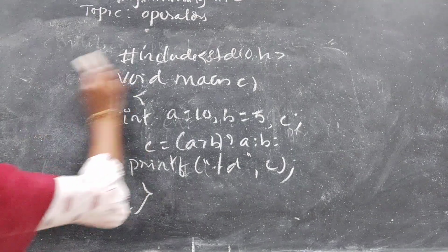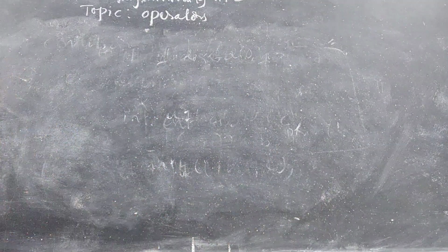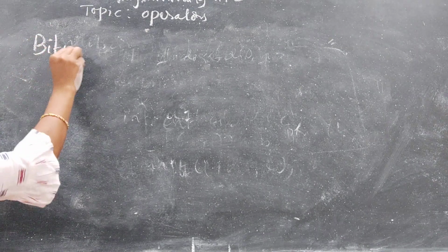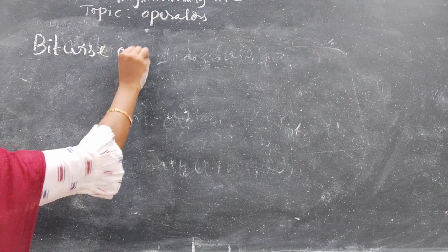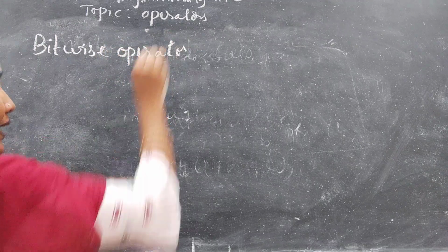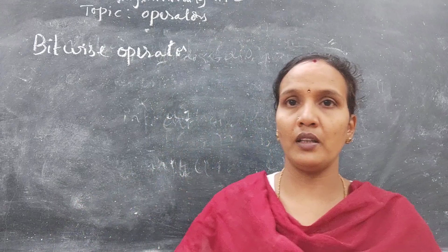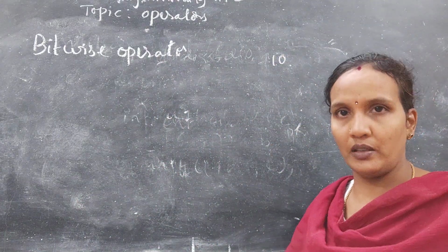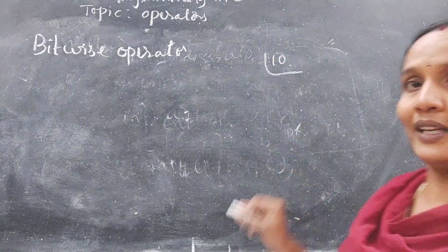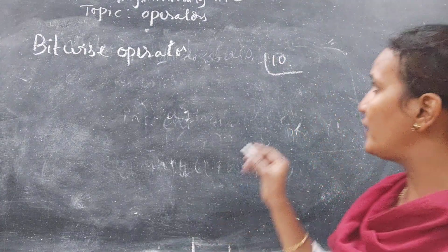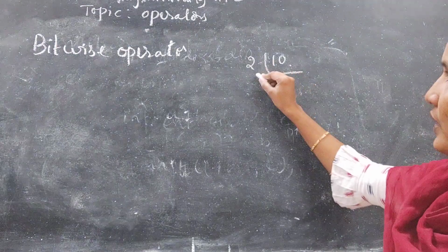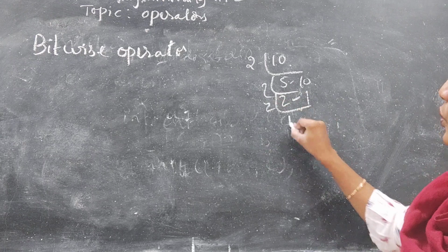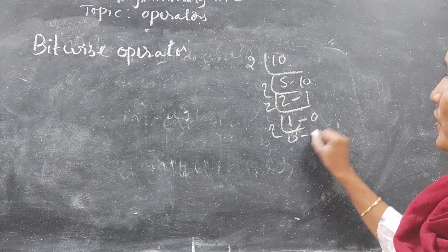Now, let us look at bitwise operators. What are the bitwise operators? Actually, what are the bits? See, whenever you are storing 10 in the system, 10 is a decimal. If you want to store that in binary format, we convert this into binary. 2 5s are 10, 0. 2 2s are 4, 1 remainder, 2 1s are 2, 0, next 2 0s 1.